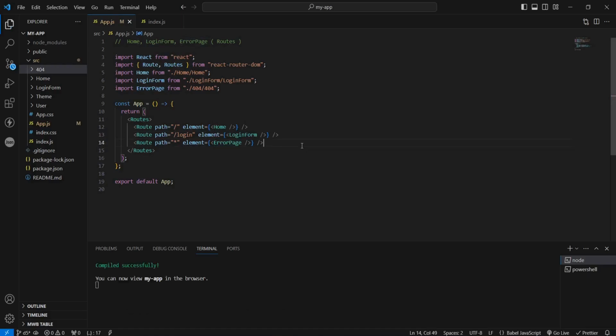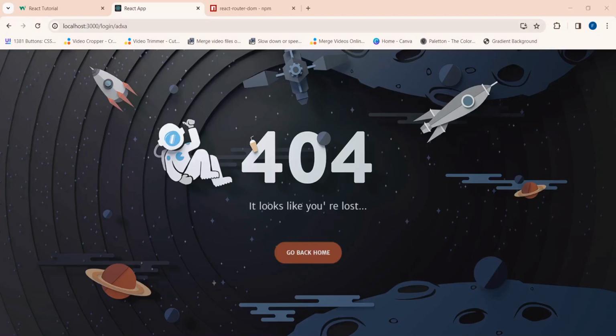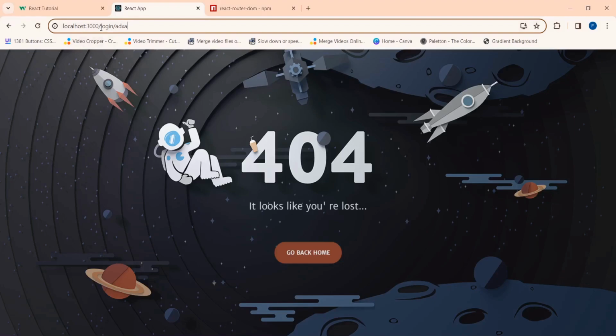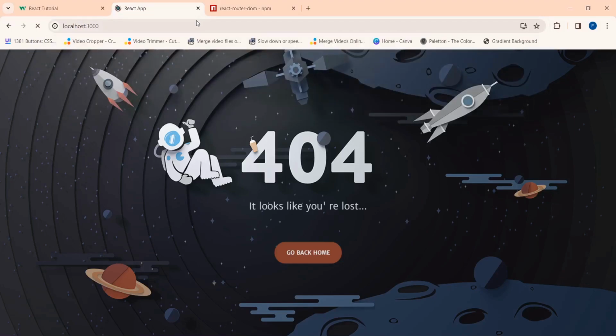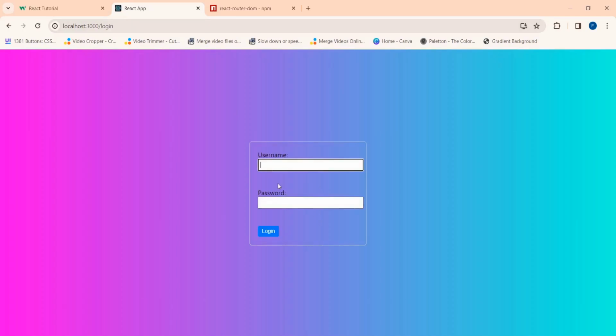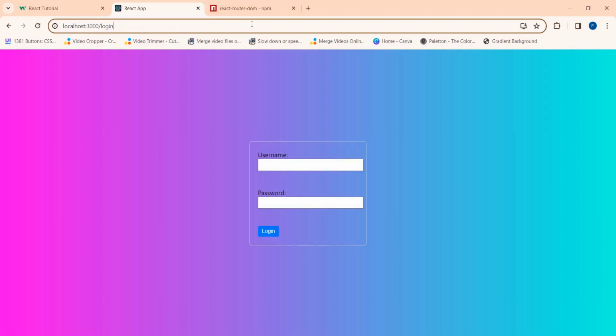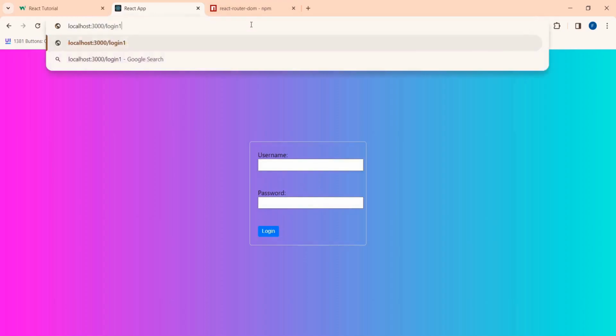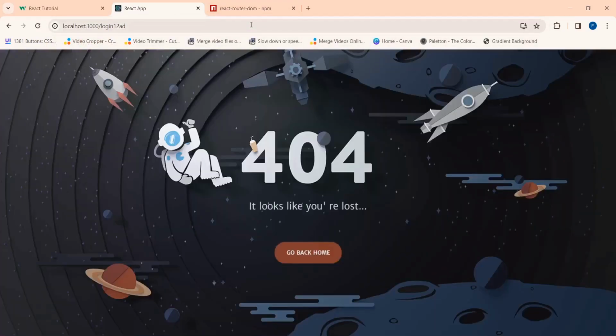So let us save this one and check what we are getting as output. Yeah, so let me run through this once again. In this we are at localhost 3000. When we click on this login, we are getting this page, but let's suppose we are simply writing something else, so it would simply redirect us to another page that doesn't exist. And that's how the route works in React. And in the upcoming videos, I would be working on some React projects,